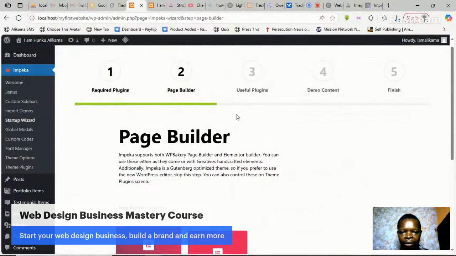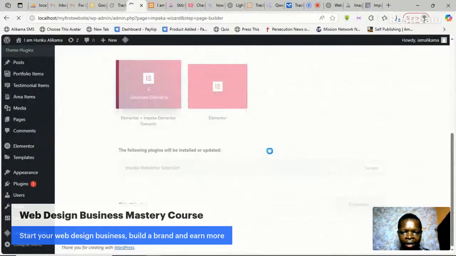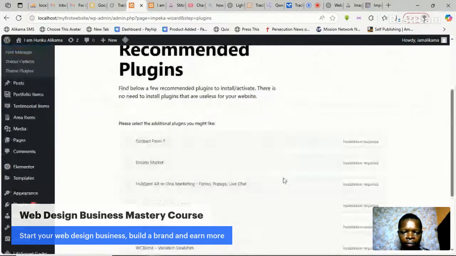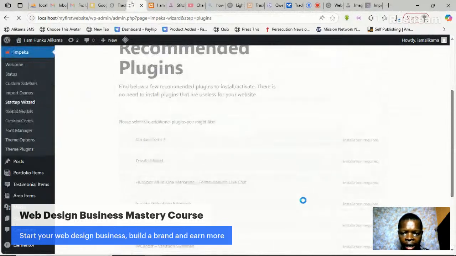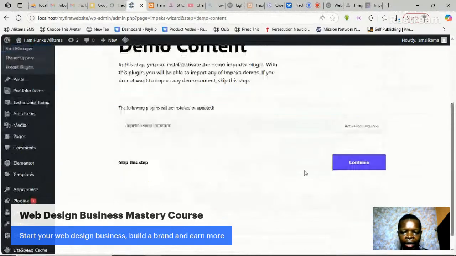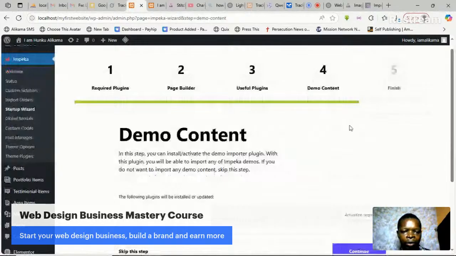So I already have the useful plugins, so I don't need to install any. It will write success. So I already installed the ones I need, so let me just click on continue. Now it's telling me to demo import. So we are importing a demo from their website. I click on continue,